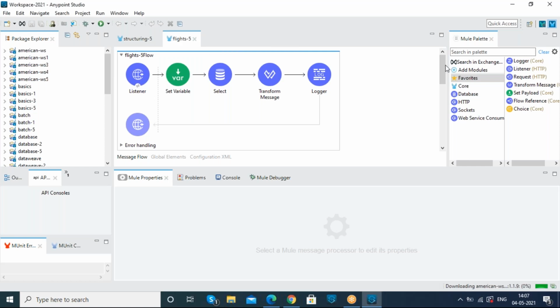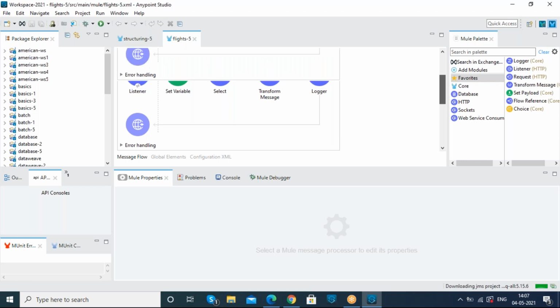So yes, in the session whatever we had seen, we had fetched the data from the predefined database, RESTful services and SOAP services.